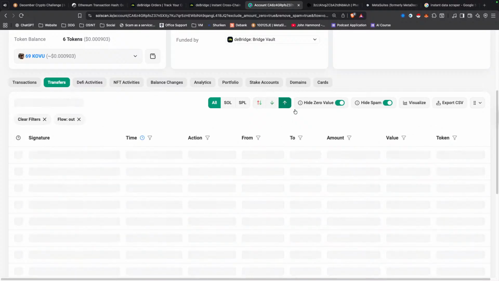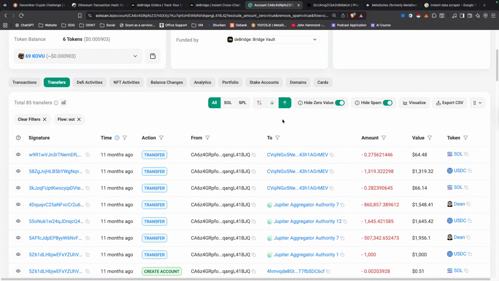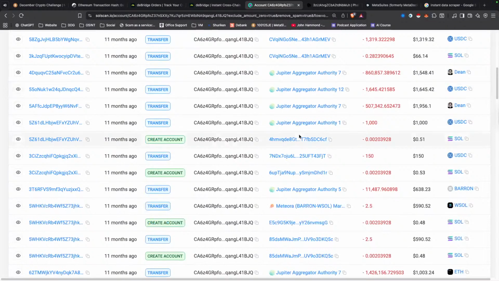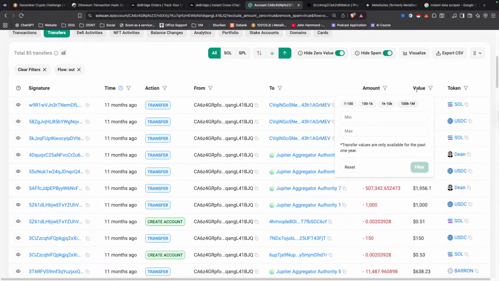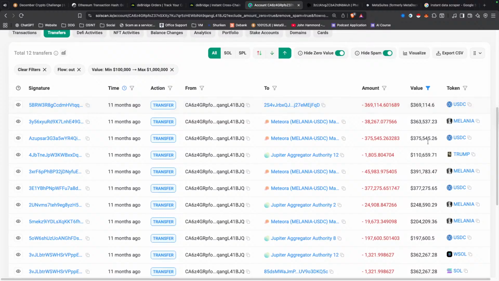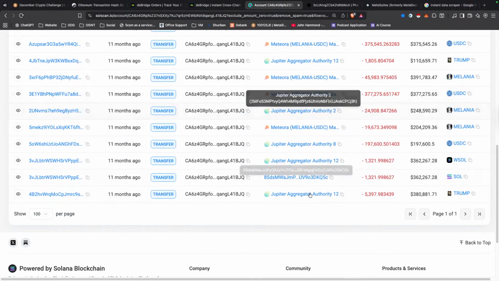If you go to outflows, you can now see all of the transactions that go out of this wallet. You've got lots of filters here. If you wanted to, let's have a look at 100K plus. We can see a bunch of these Meteora ones.